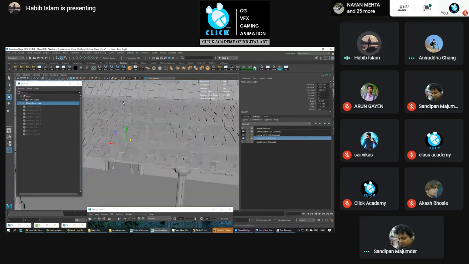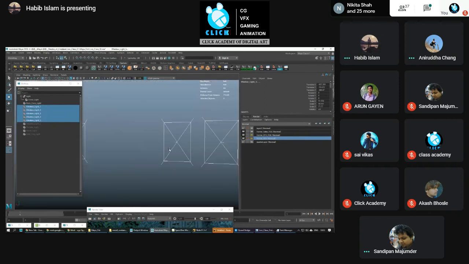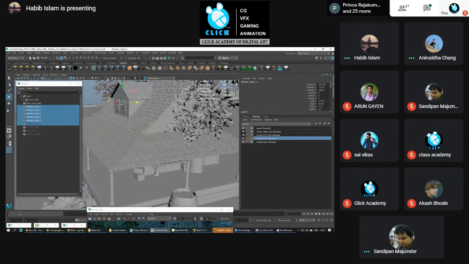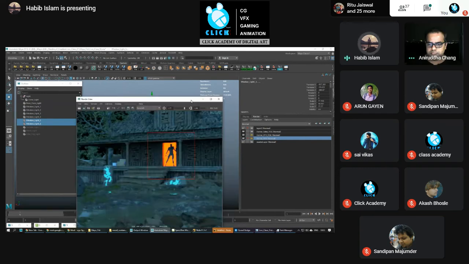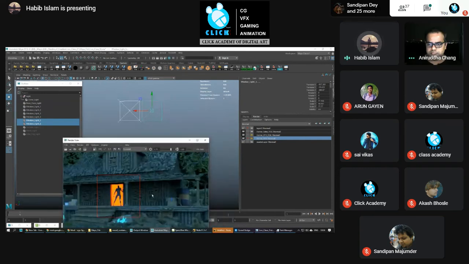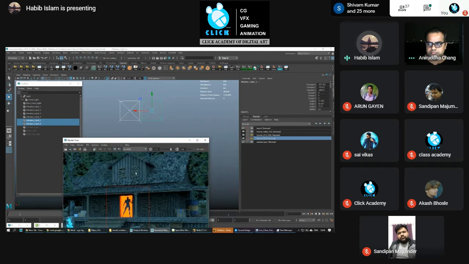And for all the other windows I've added, suppose these are the windows, separate lights. Okay, these are the four bottom windows, these are two top windows. For each and every window I've added light separately, so that I can control those lights. I can add one general light from the house interior, so that I'll get all this together. That also you can do, and put one separate light for these two windows as well.